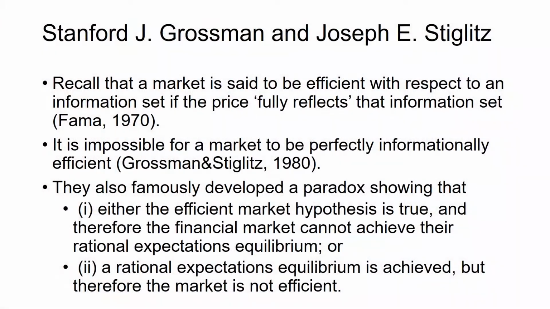In 1970, according to Eugene Fama, a market is said to be efficient with respect to an information set if the price fully reflects the information. While in 1980, Grossman and Stiglitz famously developed a paradox that shows it is impossible for a market to be perfectly informationally efficient. If competitive equilibrium is defined as a situation in which prices are such that all arbitrage profits